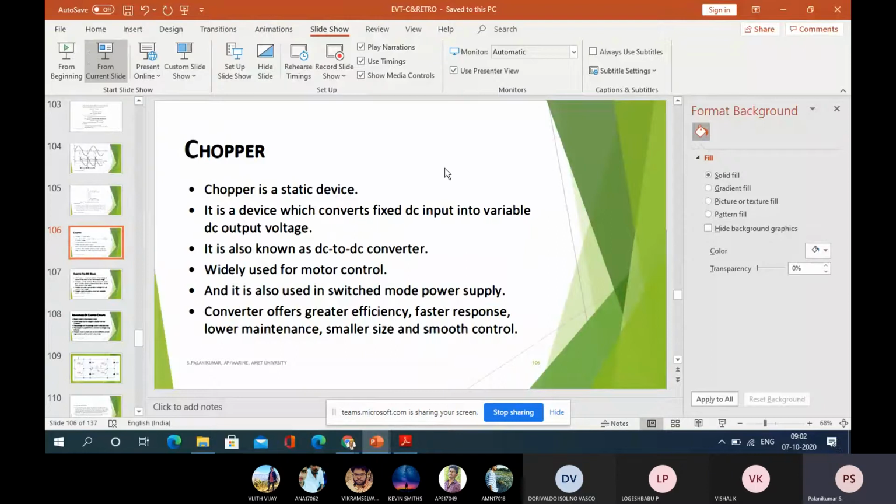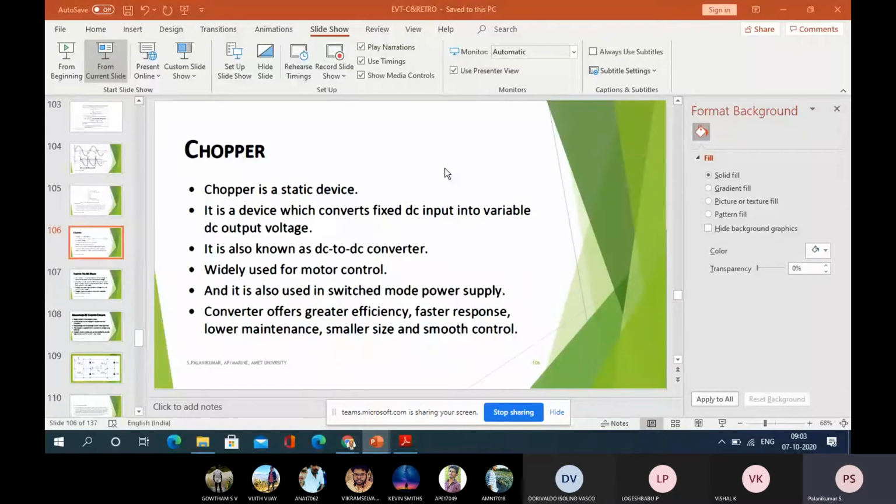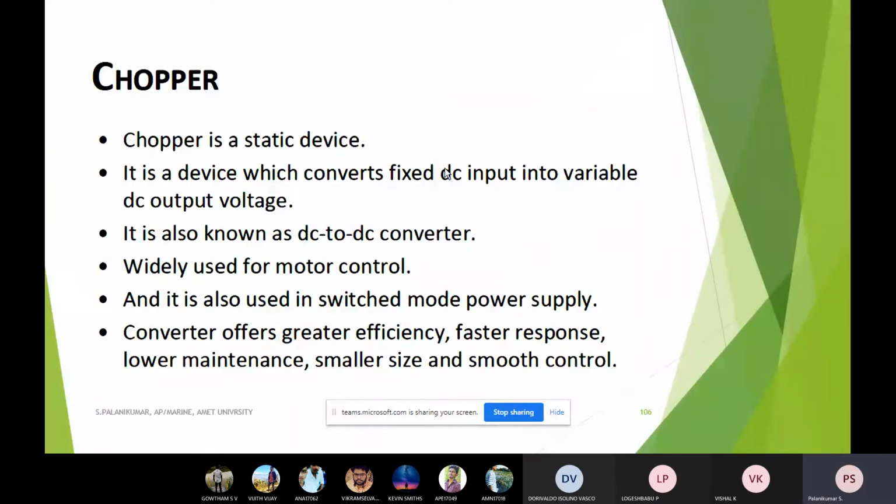Okay. So in the second unit, we already saw the last chapter. That is, what are all the converters and inverters for the electric drive or hybrid electric drive we have used? We have identified three important power electronic circuits that are very much important for efficient operation of any electrical vehicle.